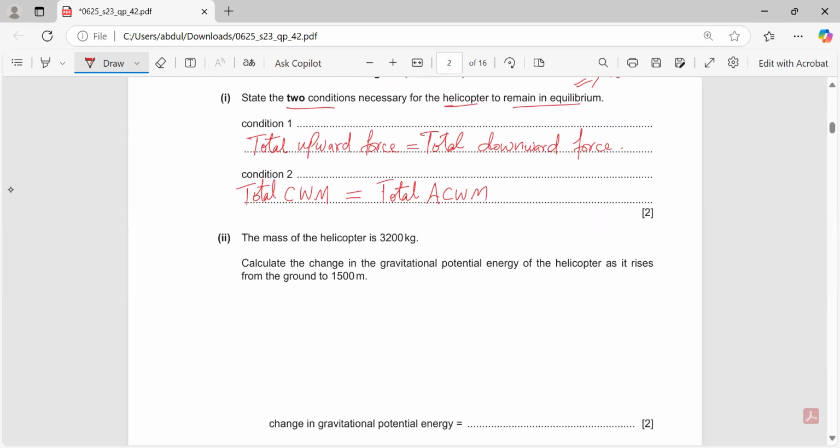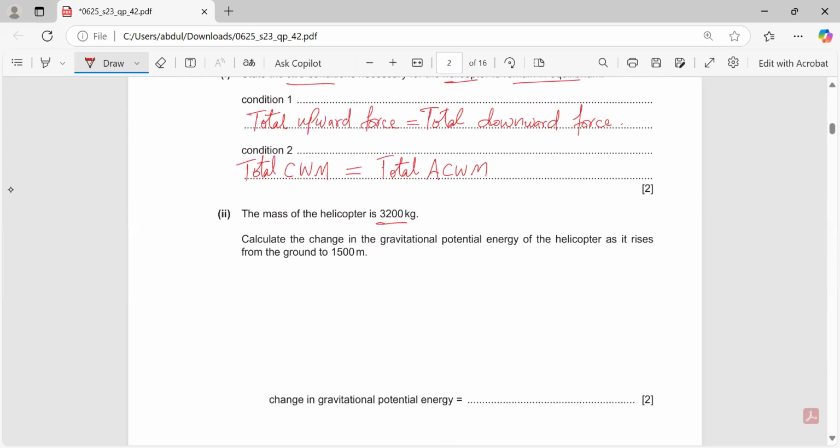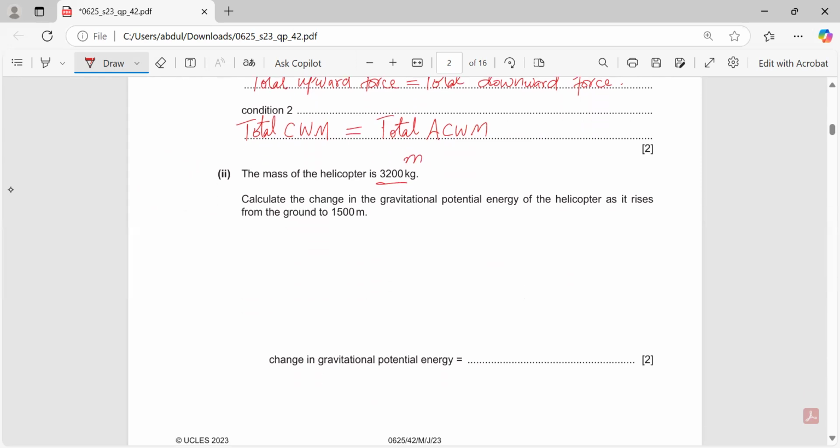Then the mass of the helicopter is 3200 kilograms. Calculate the change in the gravitational potential energy of the helicopter as it rises from the ground to 1500 meter height. So we need to calculate gravitational potential energy. The equation for gravitational potential energy, EP, is equal to mgh. Height is given and g is constant on the surface of the earth. So mass is 3200, g is 9.8, and height is